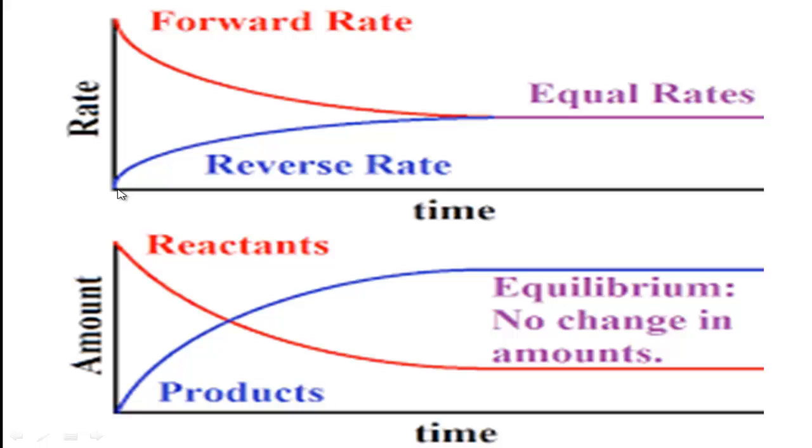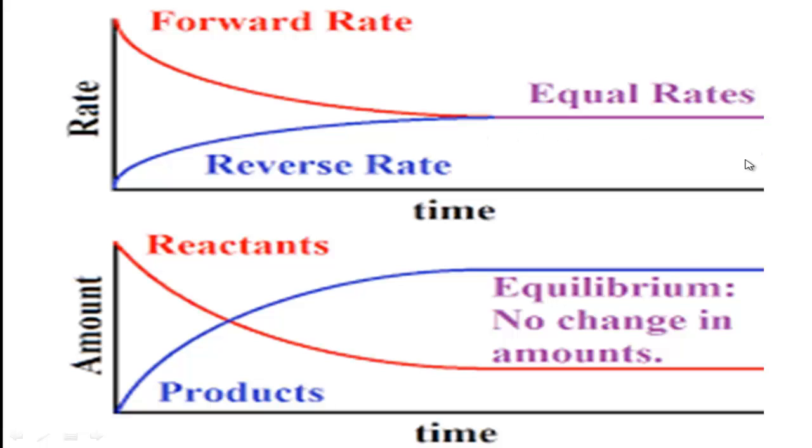At the preliminary time, or the first time of a reaction, the forward reaction rate is high and the reverse reaction rate is lowest, isn't it? But as time passes, the reverse reaction rate gradually increases, the forward reaction rate gradually decreases, and at some point these two reaction rates are equal, and this is called